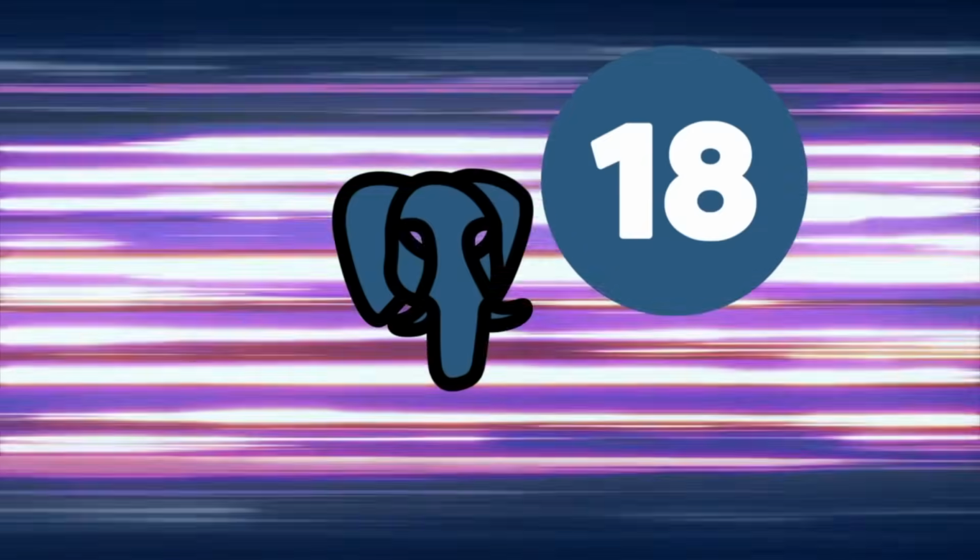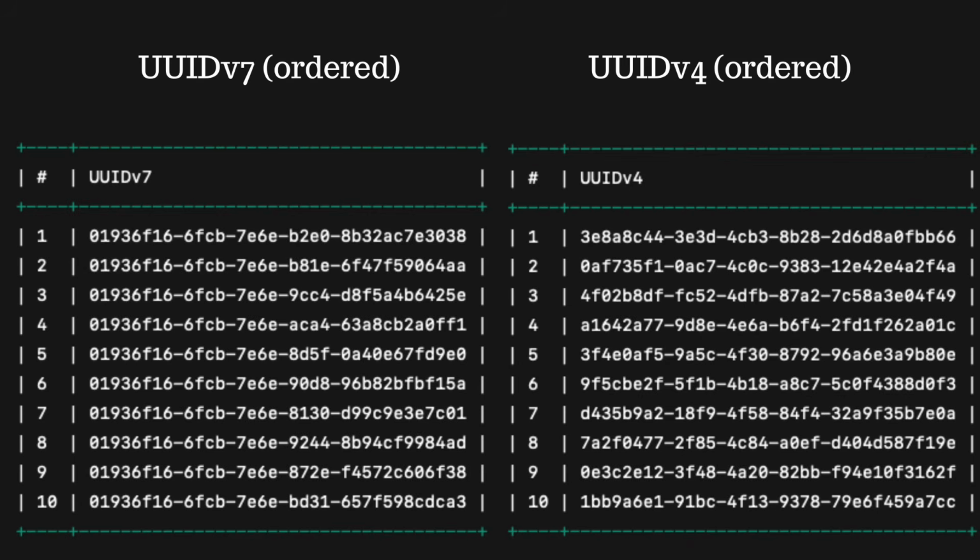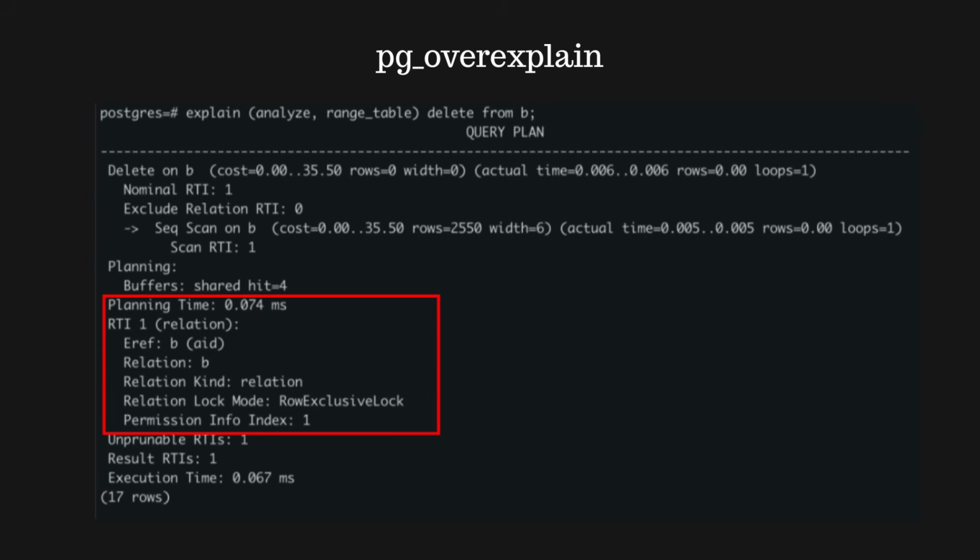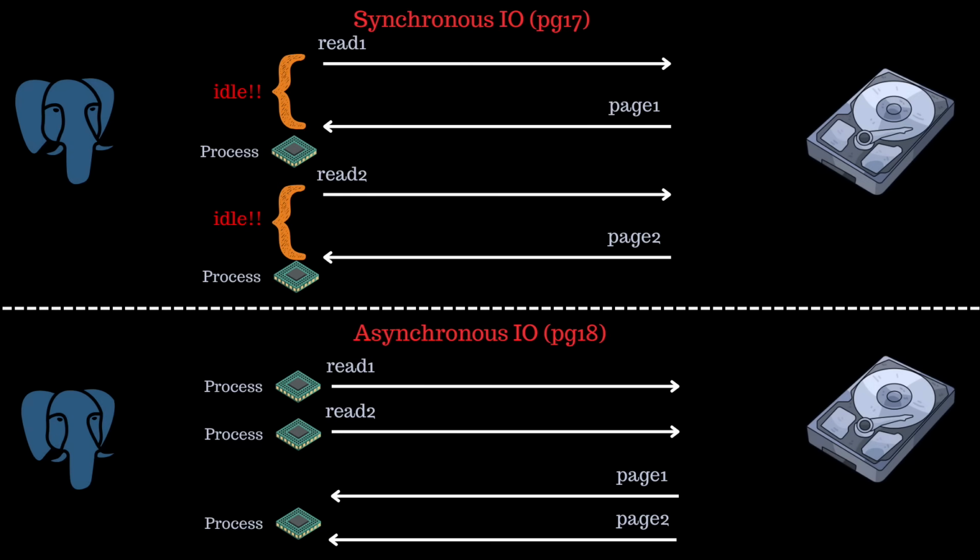Postgres 18 has been released with many anticipated features, including UUID v7, which allows you to get these beautiful ordered UUIDs. PG over explain gives you more details in your execution plan when you run explain. And the most important feature of all is Asynchronous IO, which is the topic of this episode of the Backend